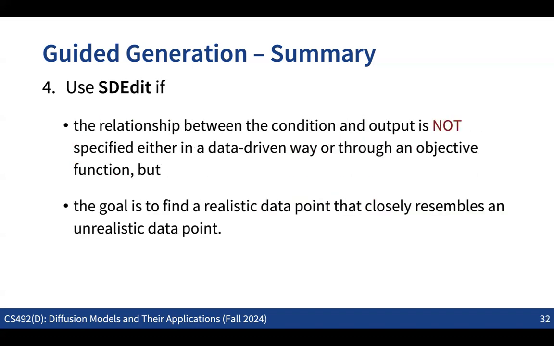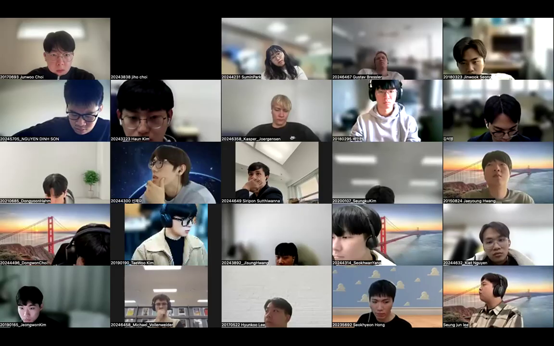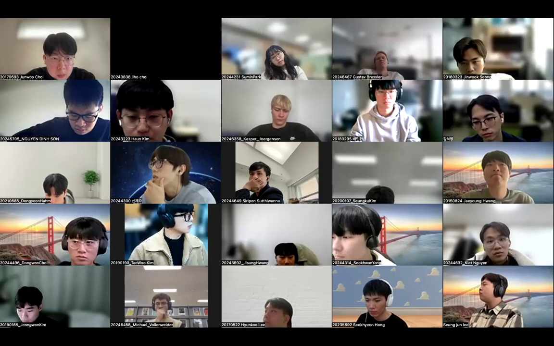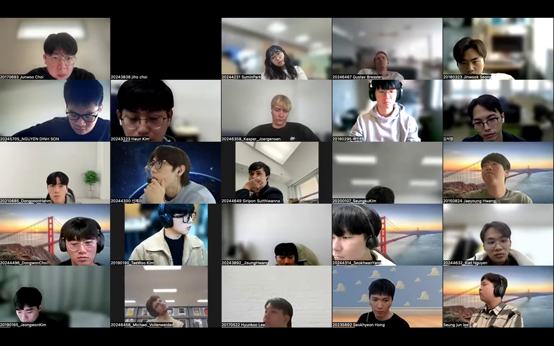Okay, so this is the summary for guided generation, or conditional generation. And next week, we're going to switch gears into slightly more theoretical things in terms of how we can also boost up the generation process, and then we can also move on to flow-based models. So, no questions. Then before we